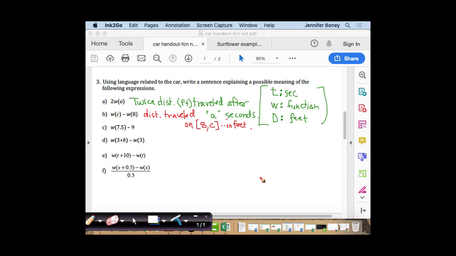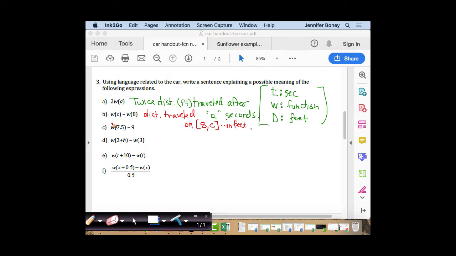If this is going to make any sense whatsoever, 9 better also be something about feet and maybe distance traveled, although we don't know when it happened because it's not written in function notation. But this isn't 9 seconds. That wouldn't make sense as, oh, take a distance and subtract time from it. So if this is going to make any sense, there's still a variety of things we could talk about, but